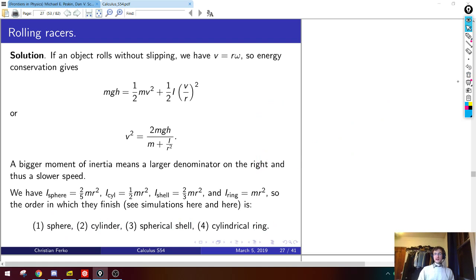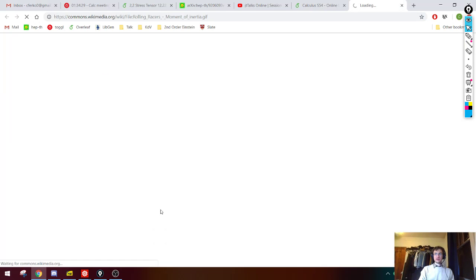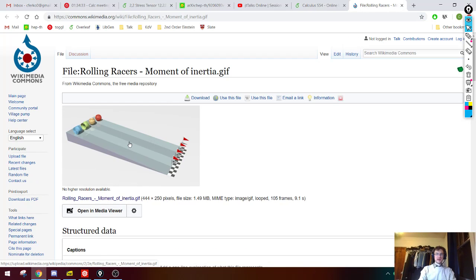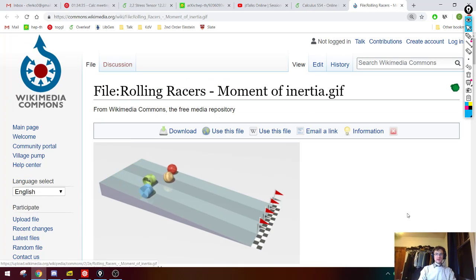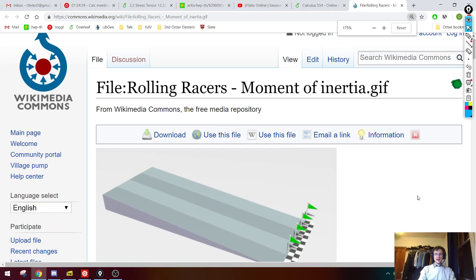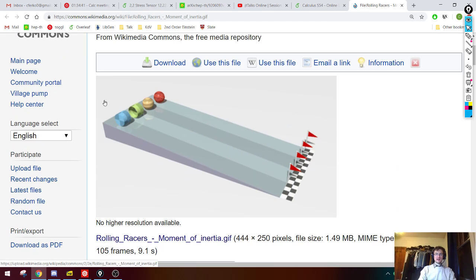Okay. So you can actually see the simulation where people show you how fast these things are moving at each point in time just by solving the equations of motion for these objects. And here's what it looks like. They roll down, and as we expect, the sphere hits first, and the shell hits last because it has the giant moment of inertia. So the green one is there last. I think it should be yellow, blue, red, green. Yeah. Good. Exactly as we expected.